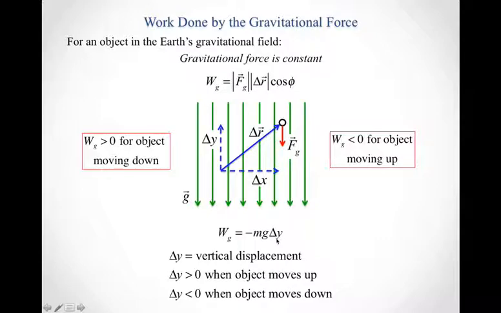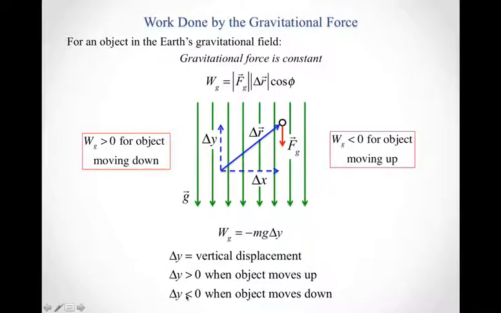On the other hand, if my object moves down, I know that delta y needs to be negative. Multiply that negative delta y times positive g times positive mass times the negative out front. The negative out front is going to cancel the negative in my delta y, and sure enough I end up with work done by gravity being positive for an object as it moves down. This equation gives me the right value for the work done by gravity, and it's consistent with what I know the signs need to be, as long as I'm accurate about making sure I get the right sign plugged in